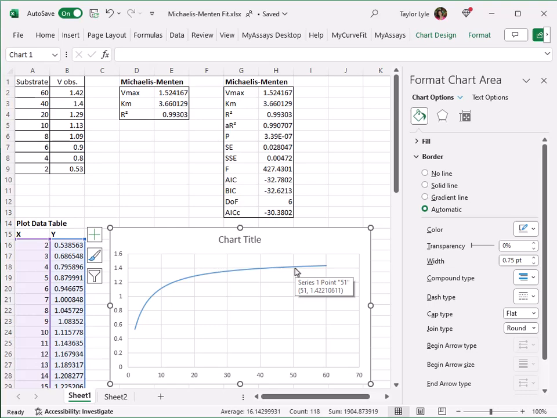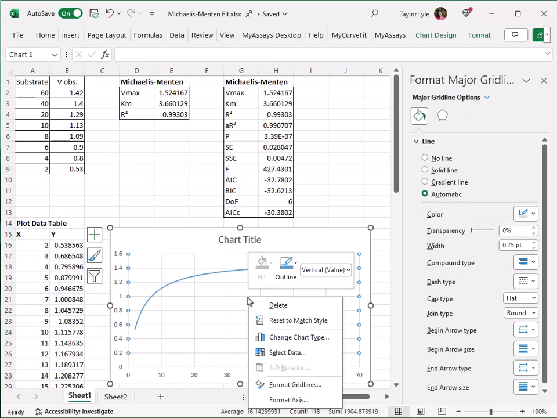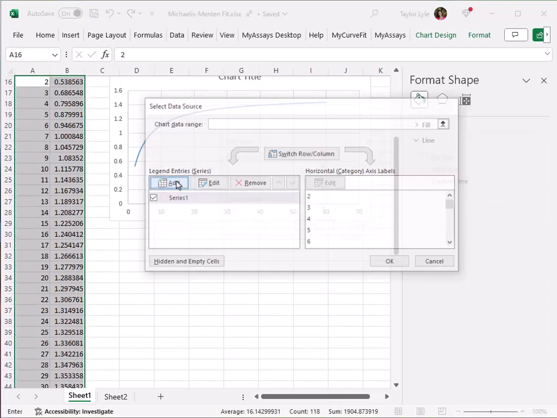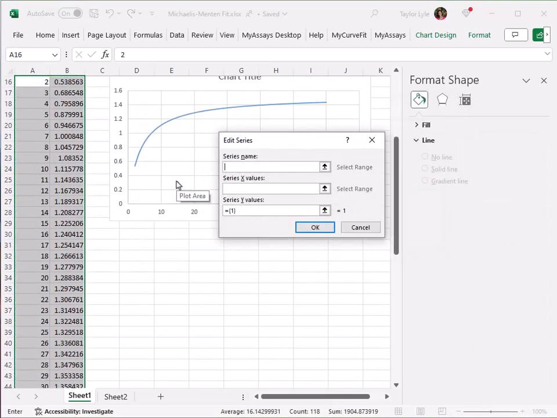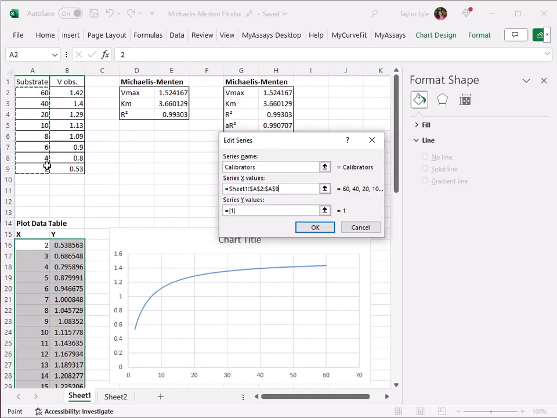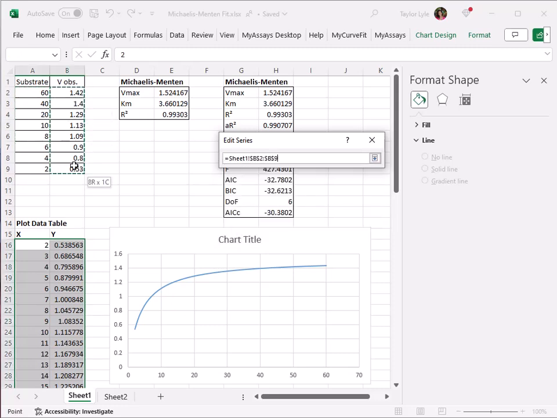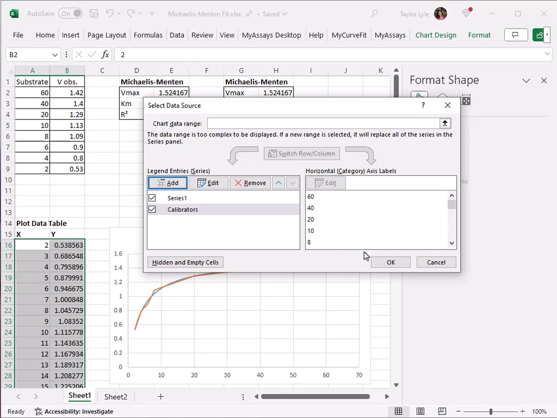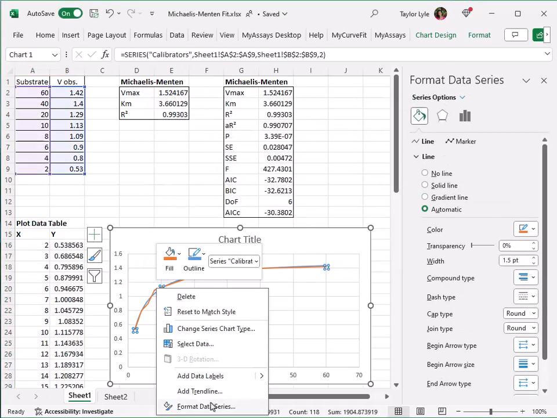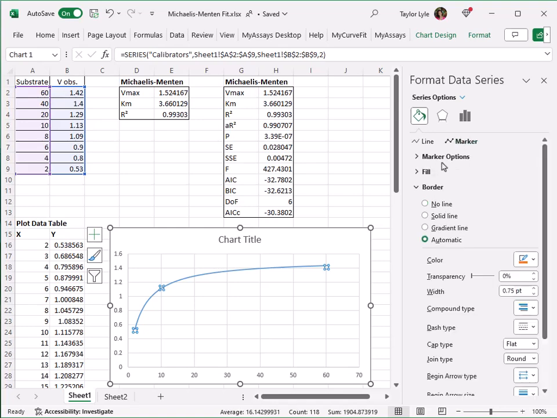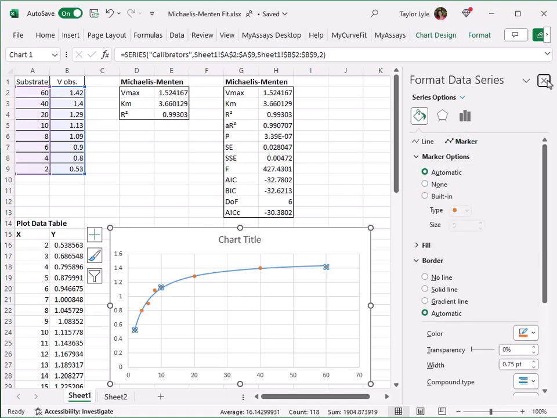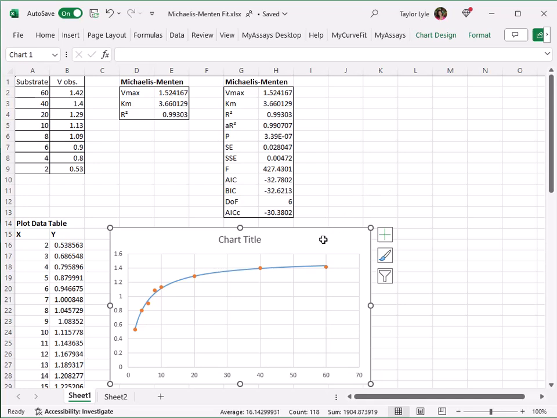Now I'll add my calibrator values as an additional data set by selecting Select Data, selecting Add. I'll name this series Calibrators, and I'll select my calibrator X and Y values. I'll format this data series to remove the line and add markers. Now on our chart, we can see both the curve fit line as well as where the calibrators fall on that line. For more information on how to create plot data tables and the corresponding curve chart, please see the